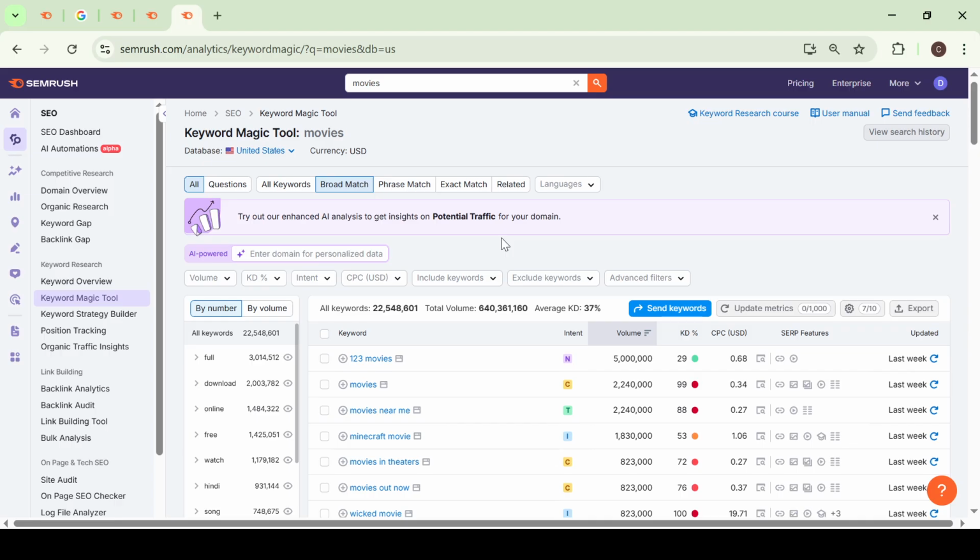And there you have it. By following these steps, you're well on your way to effectively using Semrush for keyword research, helping you craft a more targeted and effective SEO strategy. Whether you're new to SEO or looking to refine your approach, mastering these tools and techniques can significantly impact your